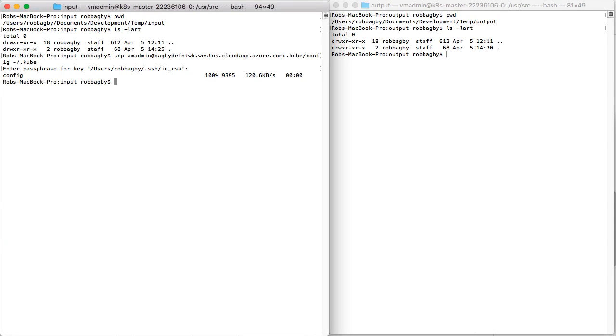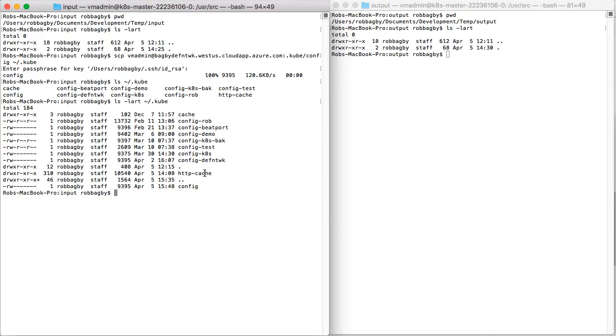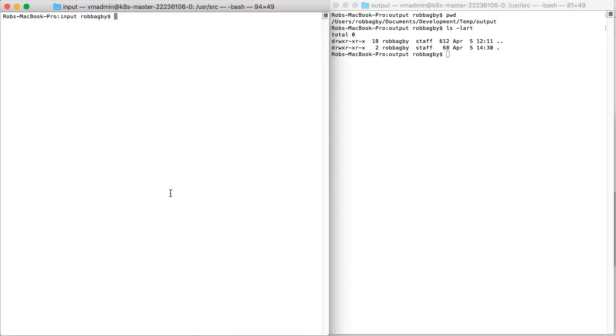Okay, my config file's been brought down. If I do an ls .kube, we can see that that config file is there. And if I do an ls -lart, we can see that this was just created just now. So the next thing we want to do is bring back that ca.crt, and I want to